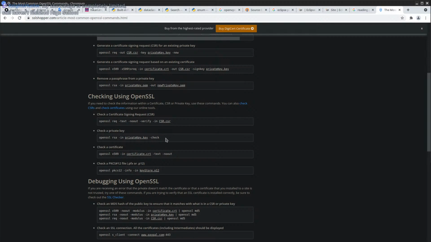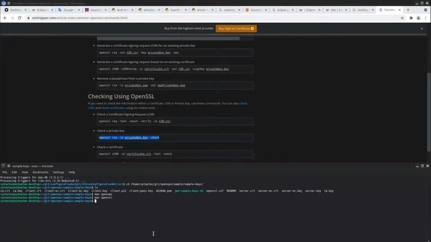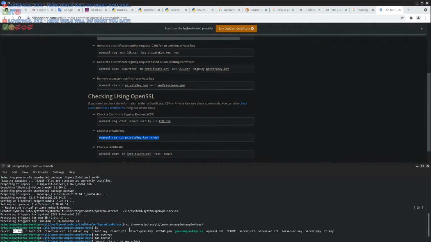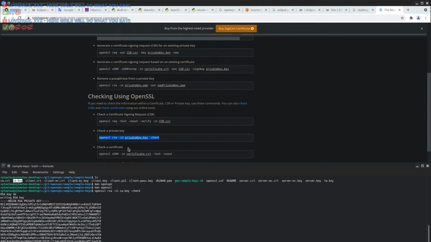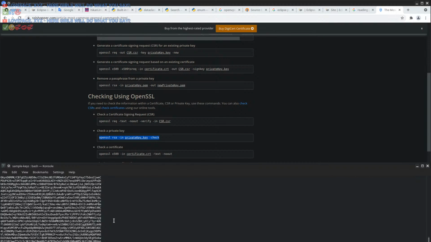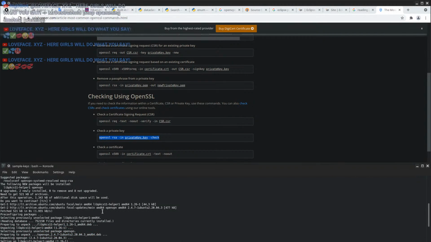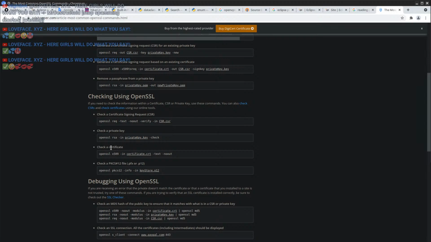Private key. Okay. Do that. Check the private key. See, certificate authority. What do they have in there? Oh, it just prints. What? Writing RSA. Well, that's encrypted, or encoded, or hashed. I don't even know what's the correct word.